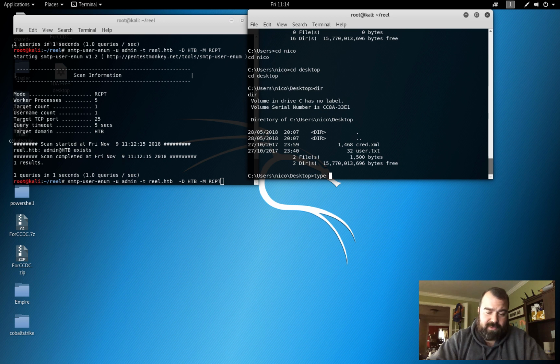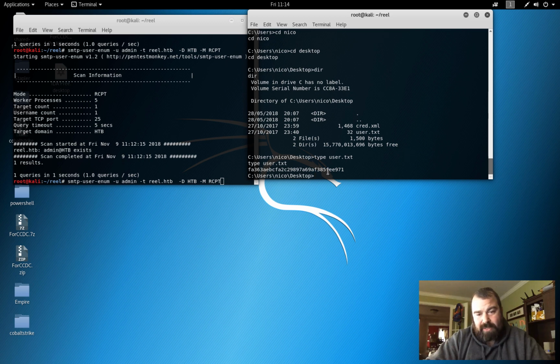So we type user.txt, more, whatever you feel like doing, and we get our user flag. So right now we've got our user flag. Now, looking in this folder, there's something else that's very interesting, right? We see cred.xml. So if we do more cred.xml,